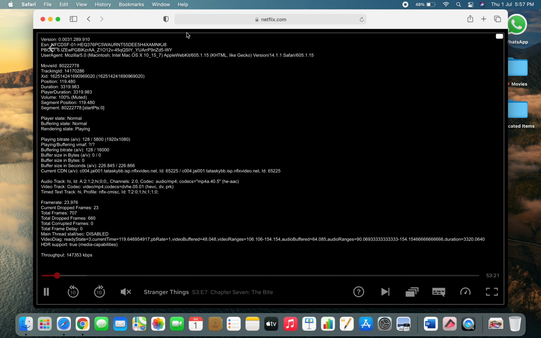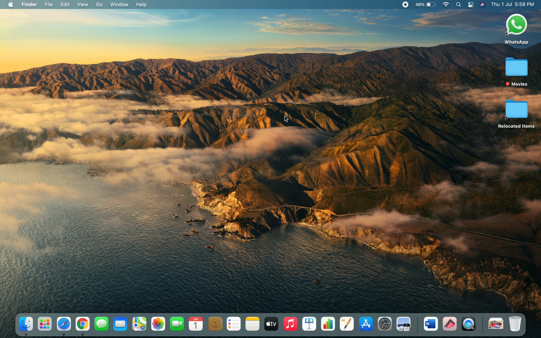Also, if you want to watch any other video from any other device, you will be able to enjoy it on Safari. But make sure it is not supported on other apps like Amazon Prime Video right now. Maybe it will be available in the near future. So you will be able to enjoy your content directly in Dolby Vision.